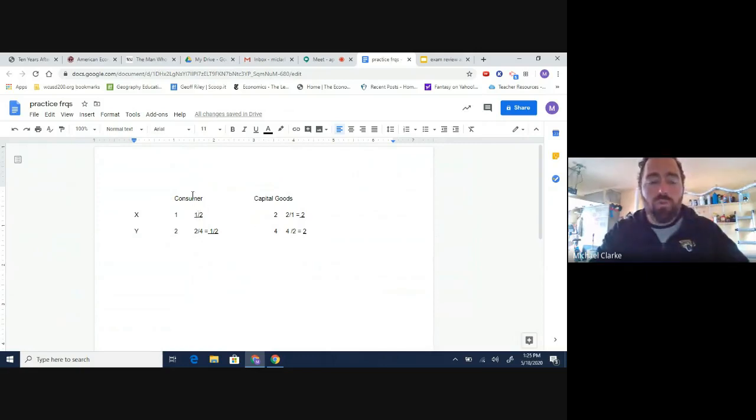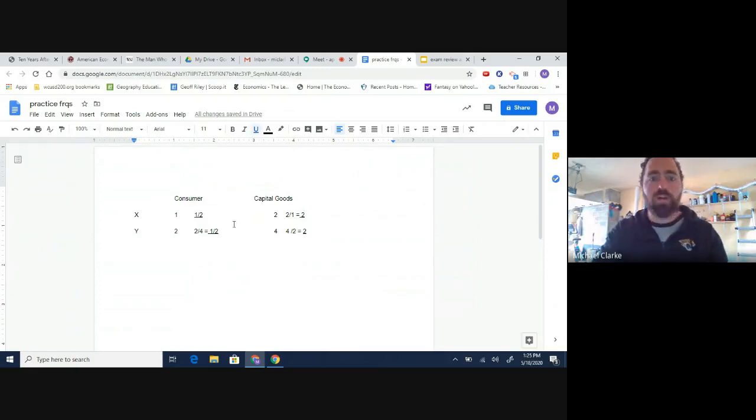And so now you look at 2 categories, consumer goods and capital goods, and you compare them. Who has the lower opportunity cost? All right, you're not going across. So what this means is if country X decided just to produce consumer goods, that means for every consumer good that they produce, it would take them a 1/2 hour to produce capital goods. For country Y, if they decided to produce consumer goods, it would take them a 1/2 hour to produce a unit of capital goods. That's what these numbers mean.